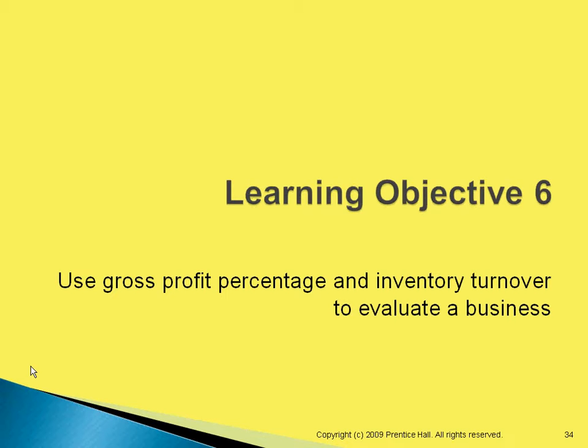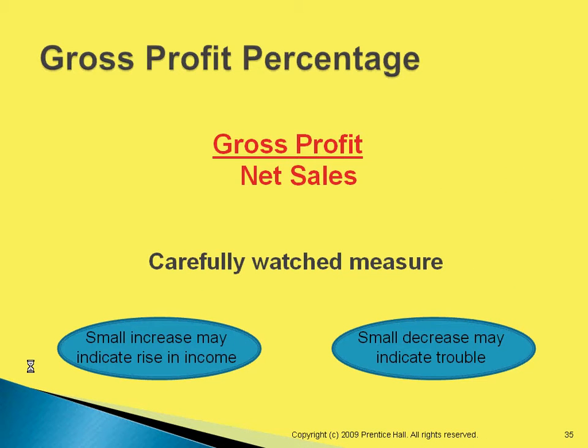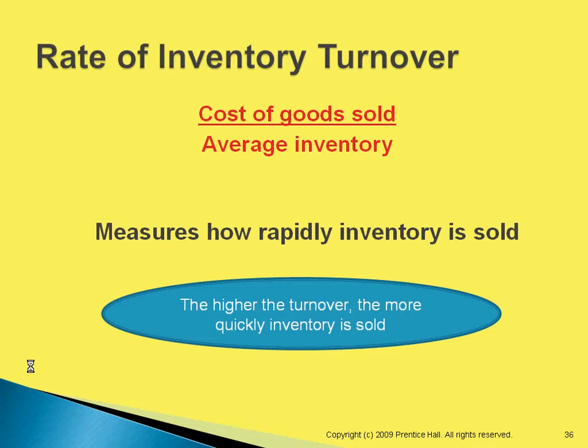Gross profit percentage is your gross profit divided by your net sales. You come up with the gross profit by taking your net sales and subtracting your cost of goods sold. It's the percentage of sales dollars that's available to cover expenses and to provide a profit. The second ratio is the rate of inventory turnover, where we take our cost of goods sold,